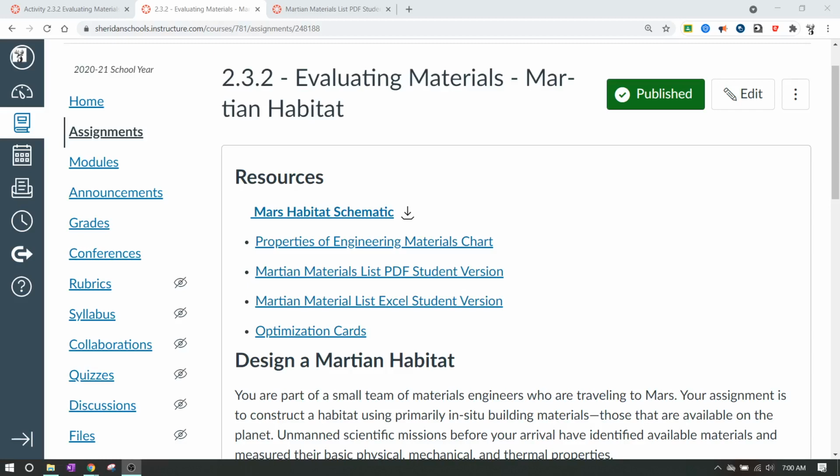All right, IED. This is going to be activity 2.3.2, evaluating materials, the Martian habitat. So we have spent a little bit of time in class talking about different types of materials and how to choose different types of materials based on their parameters and their material properties. So you would start off with listing out parameters that you find desirable for your material, and then you would